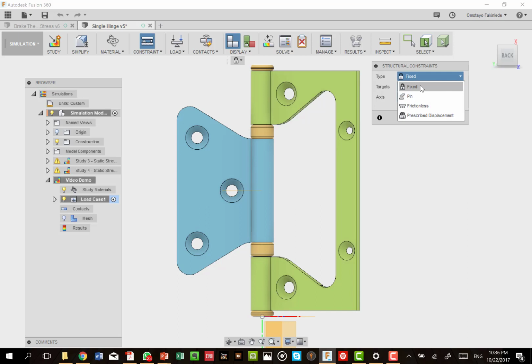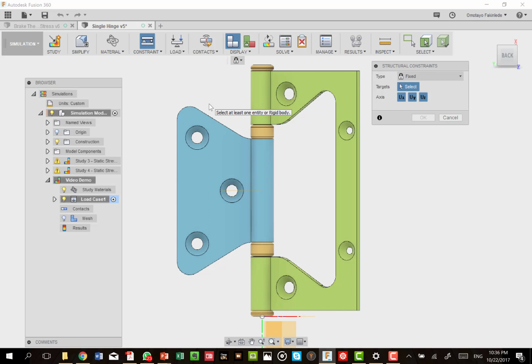It doesn't have to be fixed. You can have fixed, pane, frictionless, and all sorts. But let us look at the fixed constraints. If we choose a fixed constraint, you can choose a surface. For instance, we can choose this surface and we can say the surface should be fixed. But does that really give the realistic boundary condition we are dealing with? That's the question. We could also go to the back of this particular element and make it fixed.